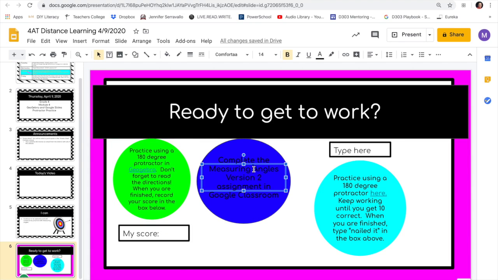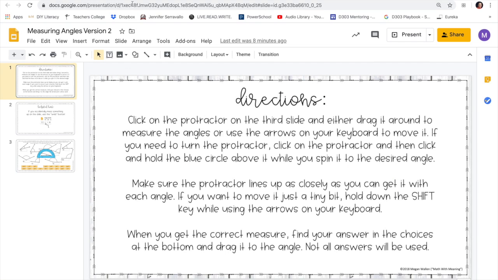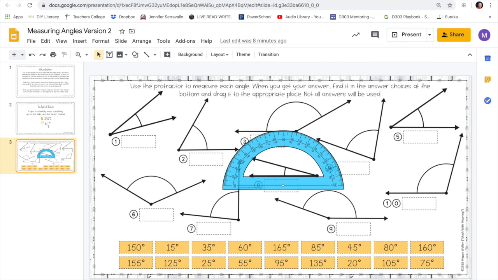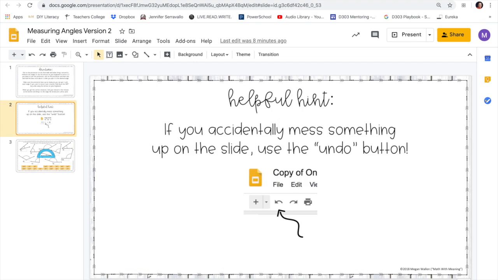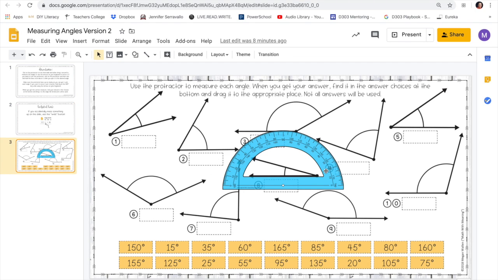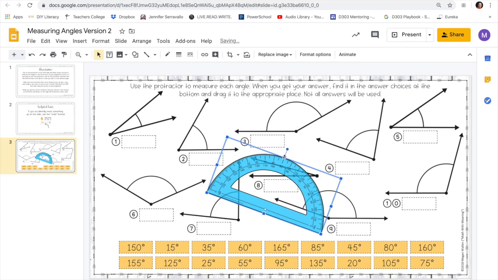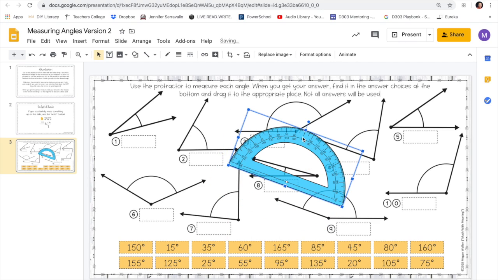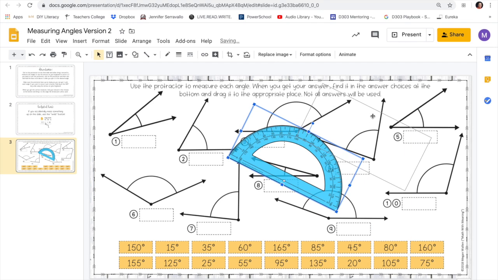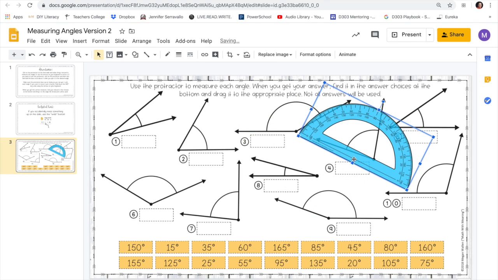Next item of business, I've already posted this. You're going to complete the Measuring Angles version 2 assignment that I pushed out in Google Classroom. This assignment looks very similar to the assignment that you worked on today, but this one is going to require that you rotate your protractor. The way that you rotate your protractor is, do you see this little blue dot up here? Please know that when you're taking these measurements, you must line up this dot in your protractor